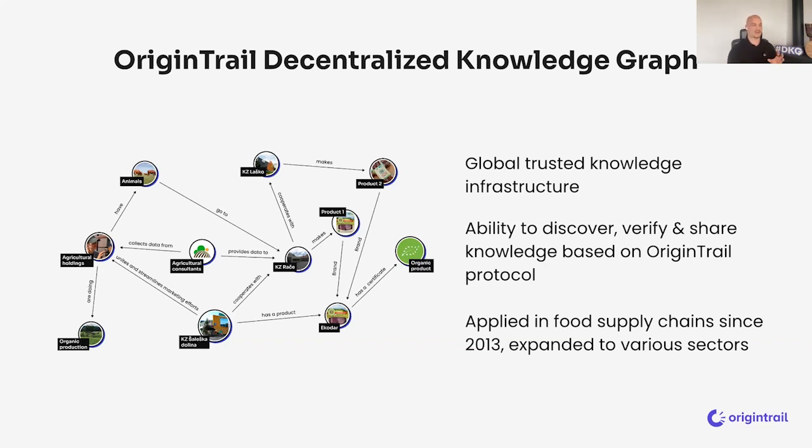And essentially you can consider it as a very large graph of things that point to each other. A product that has been built by a certain company, or some sort of material that has been cultivated at a certain place, a crop that's been grown, a certificate that's been issued to something. All of these are essentially objects in relation to each other, and a graph is a really good way to represent them. That's why the decentralized knowledge graph. Why is it decentralized? Because it's actually completely trusted infrastructure that everybody participates in and no single authority controls.